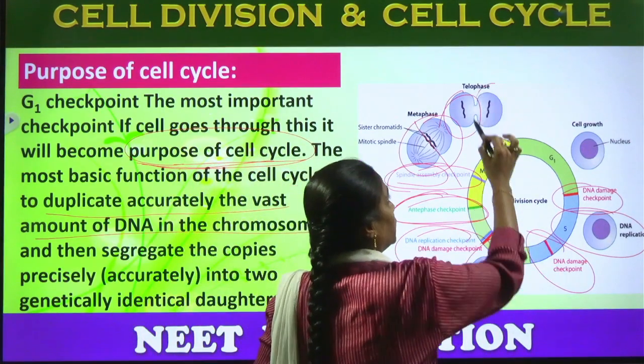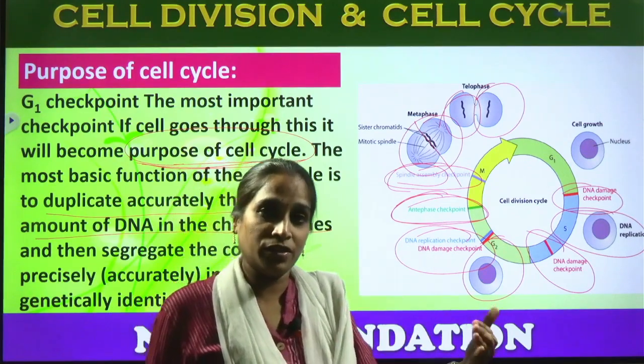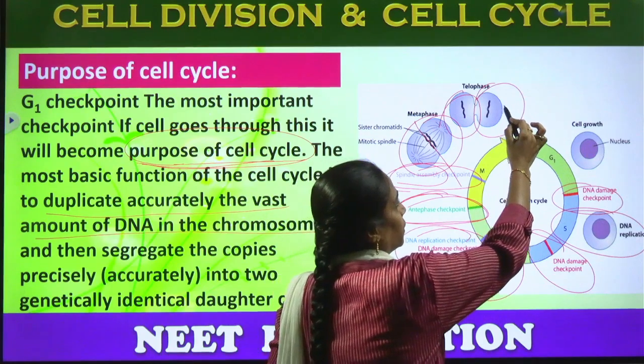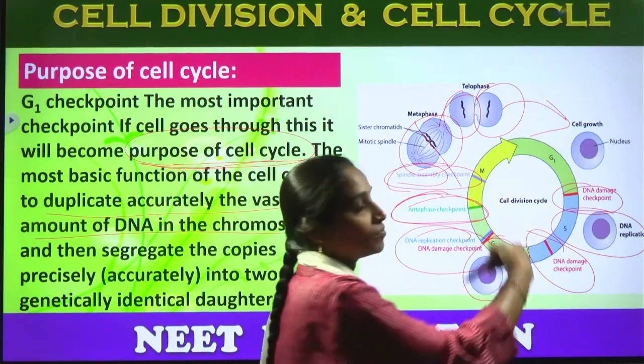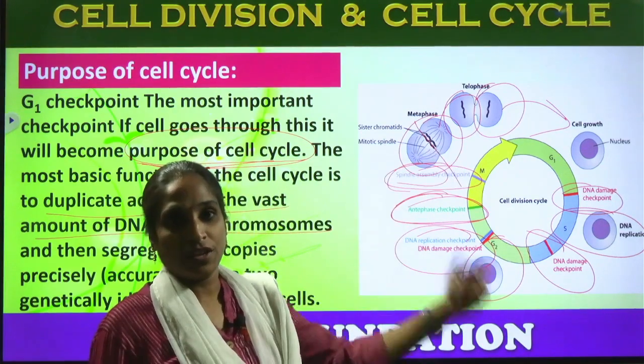And again the second divided daughter cell also undergoes the interphase, prophase, metaphase, anaphase and telophase cell divisions, and after that again they go for the continuous process. Okay,